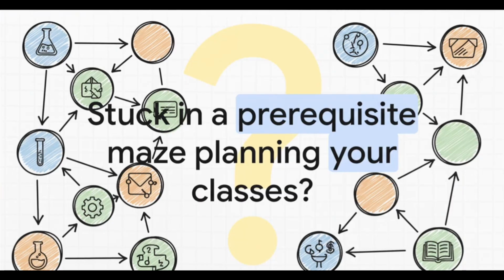You know this feeling, right? If you're in college, you've been there. The course catalog looks like this impossible web of arrows and requirements. You need Chem 101 for organic chem, which you then need for biochem, and one wrong move could seriously delay your graduation. It's a classic prerequisite maze, but it turns out there's a really powerful algorithm designed to solve it